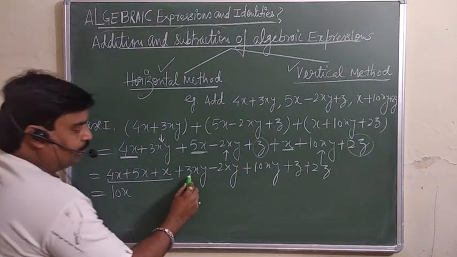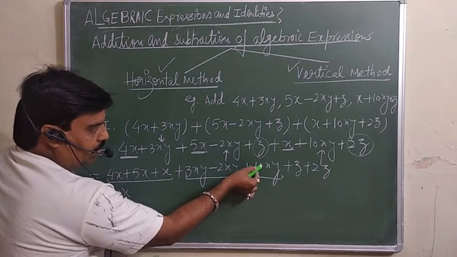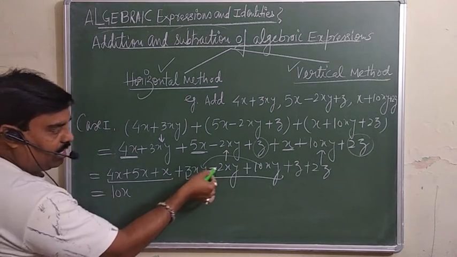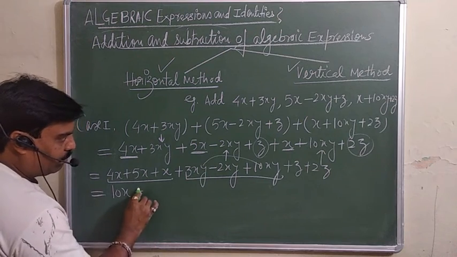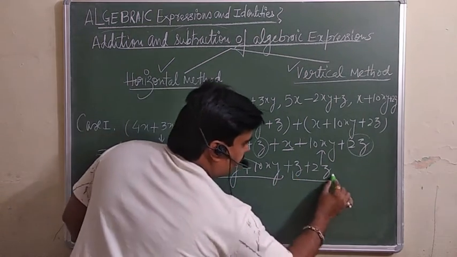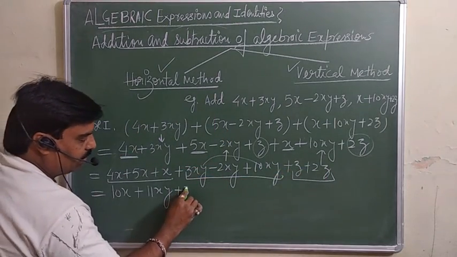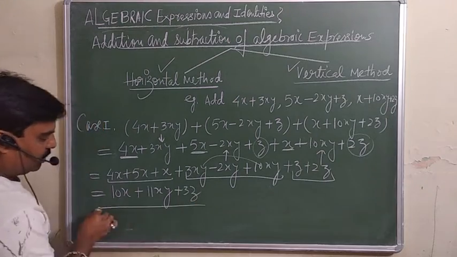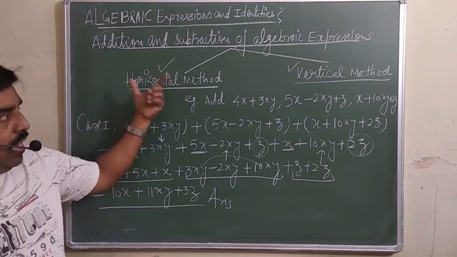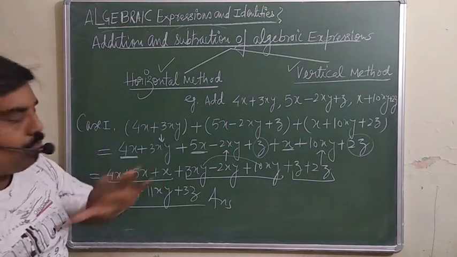Here is, look at here. These are the like. But plus 3 and plus 10, they will be added. Subtract 2 is there. So 10 plus 3, 13 में से 2 subtract 2 है तो you will get plus 11xy. Similarly, this z plus 2z that you must add them. Z plus 2z is that is 3z. So this is your answer by the horizontal method. लेकिन अगर हम we are going to apply the vertical method is there only on the same question.